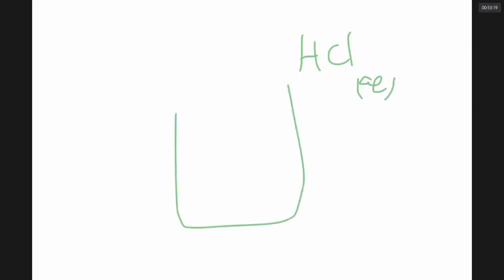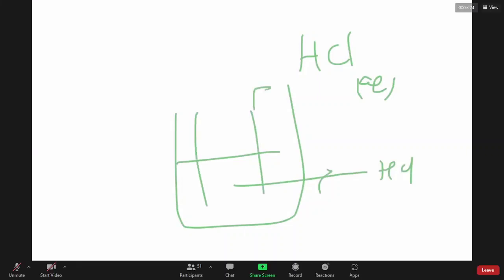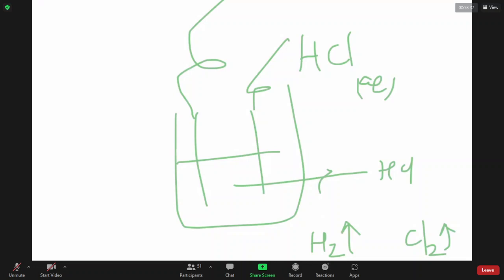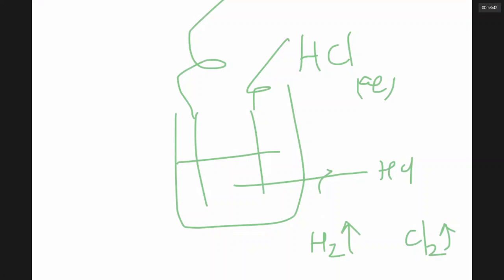He passed electric current through HCl. From one electrode he got hydrogen gas, from the other electrode he got chlorine gas. He clearly proved that HCl is an acid in aqueous solution. Notice, as a gas, HCl is not an acid. HCl is an acid only when you pass it into water. So aqueous HCl solution is an acid. It has no oxygen. Therefore, the idea that every acid must have oxygen is wrong. That is what Sir Humphrey Davy proved in a demonstration.